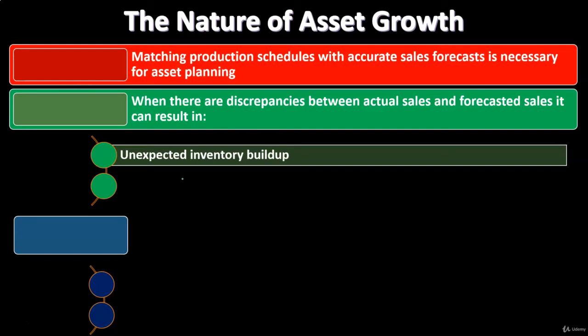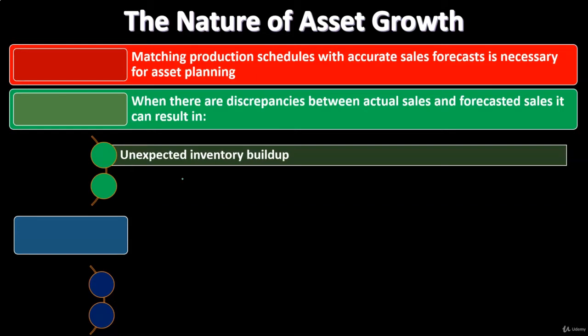So for example, if we produce inventory, or even if we buy inventory and we're going to then sell it, and we predicted that we're going to sell more and we don't, then what happens? We buy or produce more inventory than we need. We result in an inventory buildup. That inventory cost us to make or to purchase, and that cost is a cash flow that went out. It could be a liability with regards to us financing that production with debt as well.